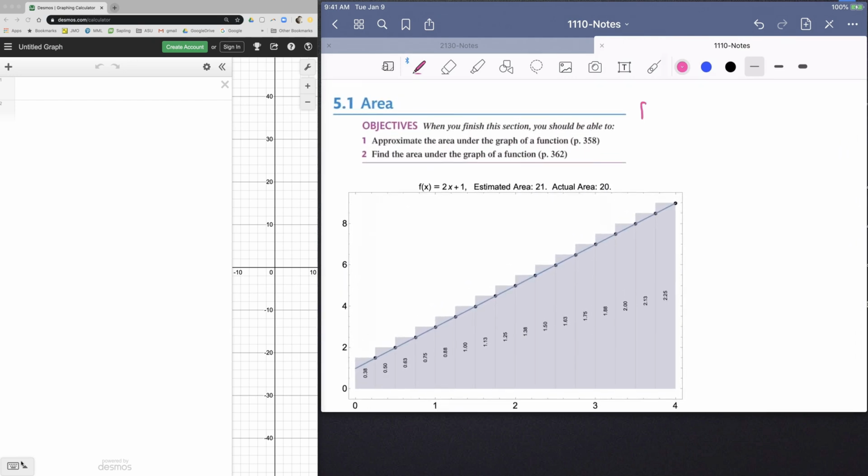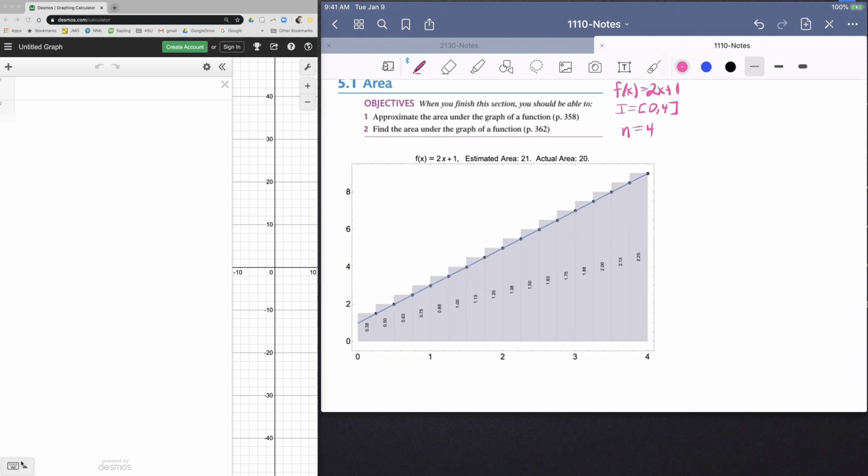Okay, we're seeing that the function f of x is 2x plus 1. We're still on the same interval, going from 0 to 4. And now we're going to choose n equals 4 rectangles, which means that delta x is going to be equal to 1. So if delta x is equal to 1, here are the 4 subintervals that we're looking at: 0 to 1, 1 to 2, 2 to 3, and